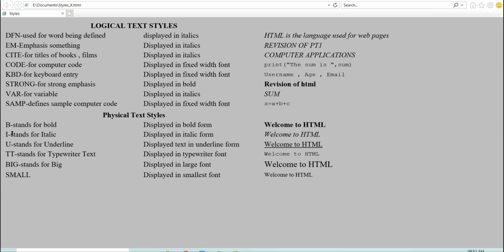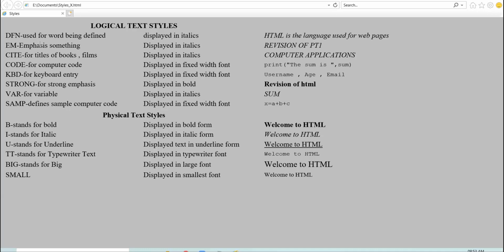Here you have to particularly use the italic tag if you want to display text in italic. But when we are using the EM, cite, all the logical text styles, their output automatically appears in italic. Like suppose you want to display some statement in strong emphasis. You want to catch the attention of the audience. So in that case, we prefer to use the logical text styles.